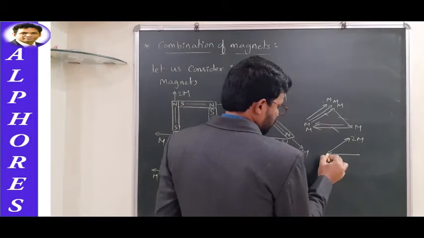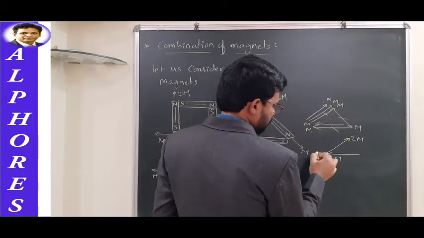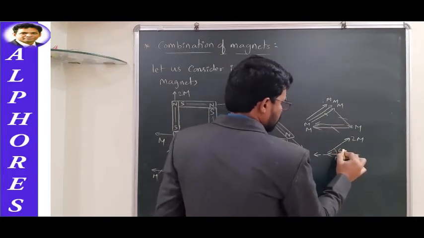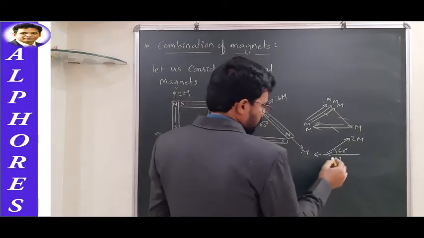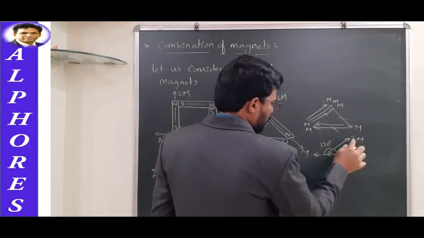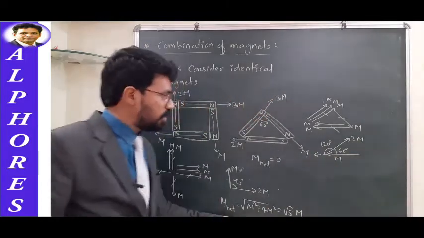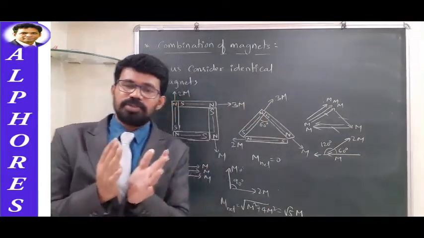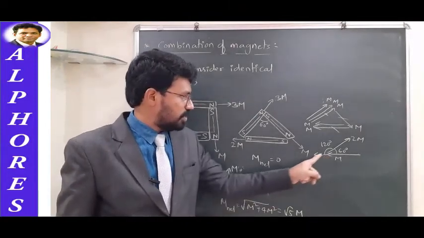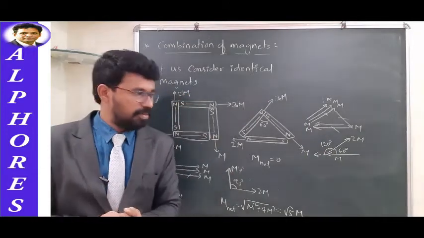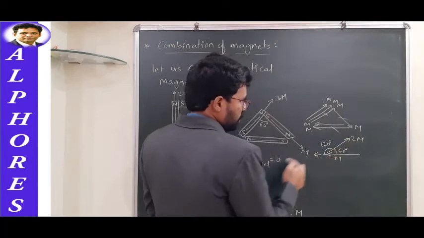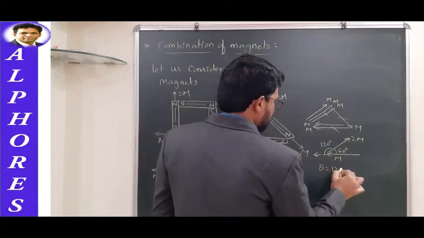See, this one is along this direction, right? Okay, and here what is the angle? It's an equilateral triangle, 60 degree. Okay, so then what will be this angle? 180 minus 60, it's 120. So angle between 2m and m is how much? 120 degree. Angle between two vectors, in the sense what you have to take? You have to take angle between their directions. The two, one is along this direction, the other one is along this direction. The smaller one you have to take. Okay. So 120 degree is the angle between this 2m and this m. So theta has been identified as 120 degree.